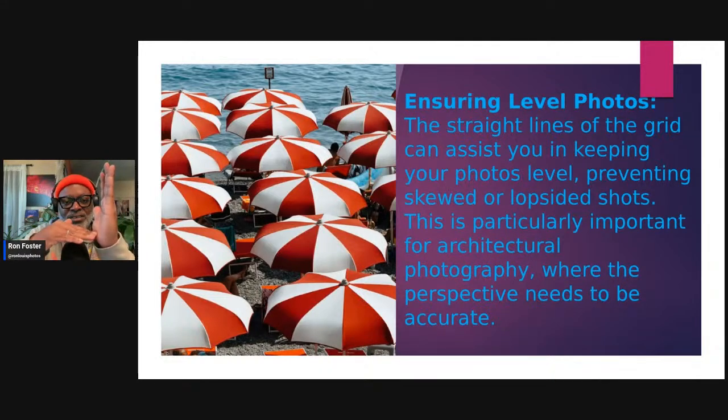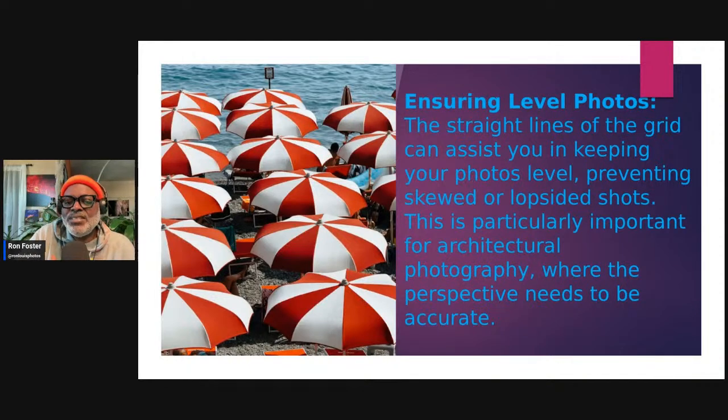Your straight lines are all even vertically and horizontally. So vertical and horizontal lines are meeting, keeping your lines straight on the sides, but yet you can use your horizon lines, right? Because you can see if your building is not matching, like the building is turning straight but your camera is like this, you've got to straighten up the camera so that those grid lines are in alignment with the architecture, with the building. Make sense?